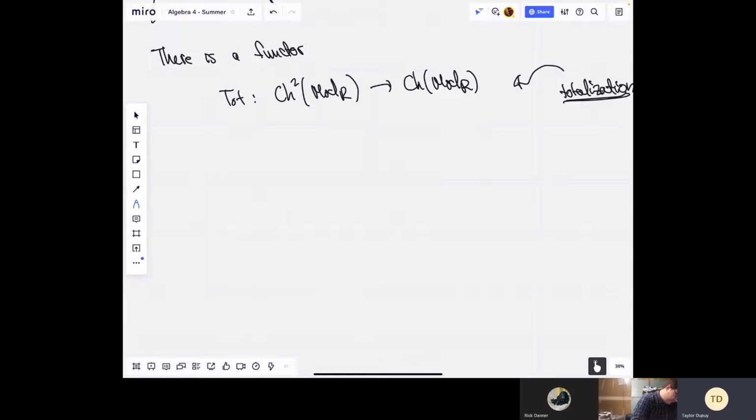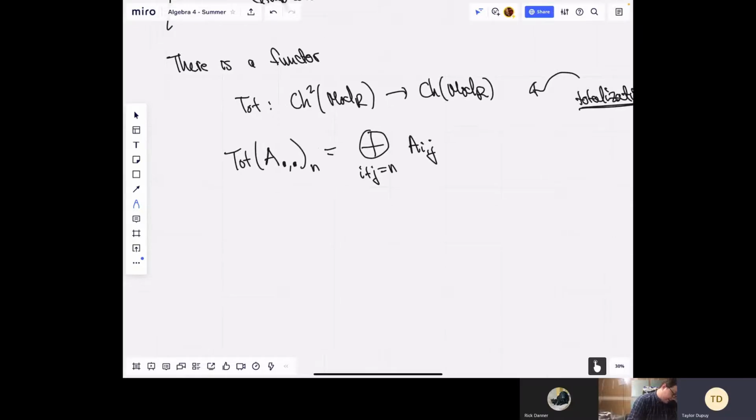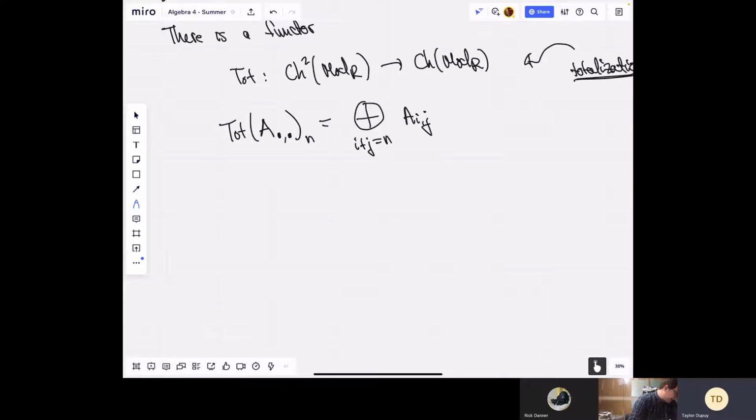And what does this thing do? It takes a double complex, and let's take a chain complex, so let's do a bullet, and look at the nth degree. This thing is the direct sum of i plus j equal to n of A_ij. So this is the chains here. We take a double complex and it maps to this thing, and the D map here,